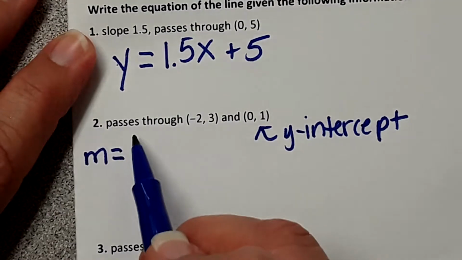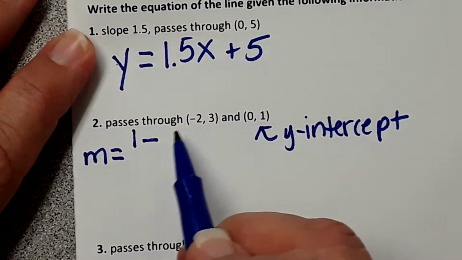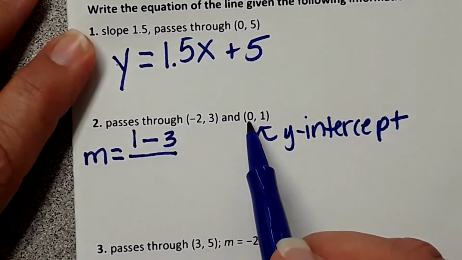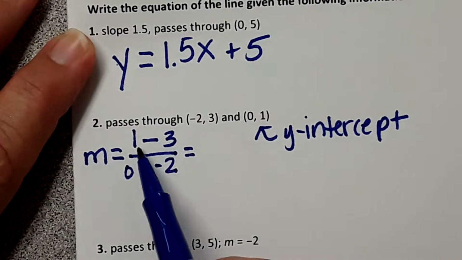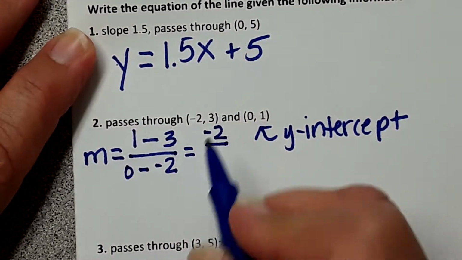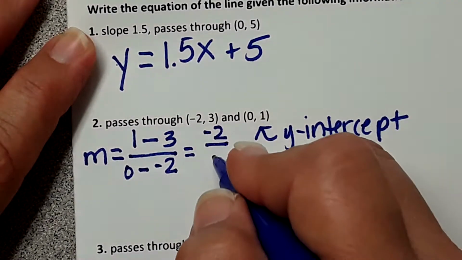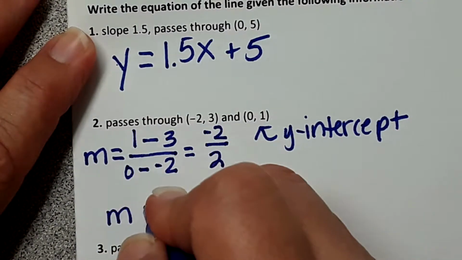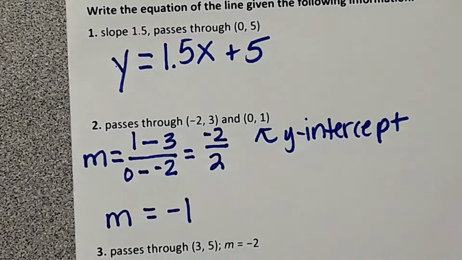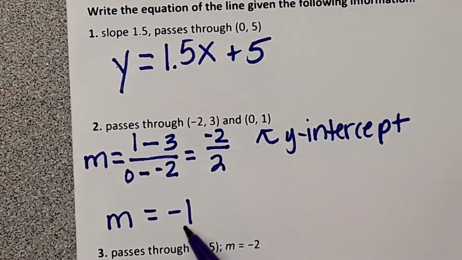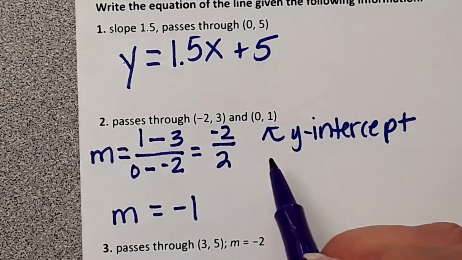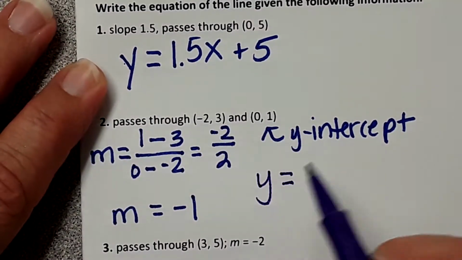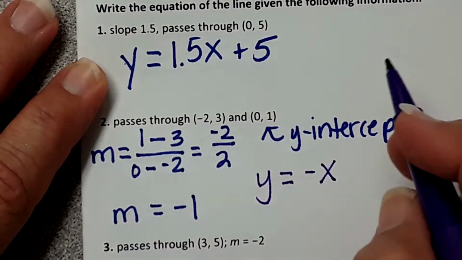it's y2 minus y1 over x2 minus x1. 1 minus 3 is negative 2. 0 minus negative 2 is positive 2. My slope ends up being negative 1. So now I know my slope and I know my y-intercept. So since I know a slope and a y-intercept, I'm going to write it as y equals negative x plus